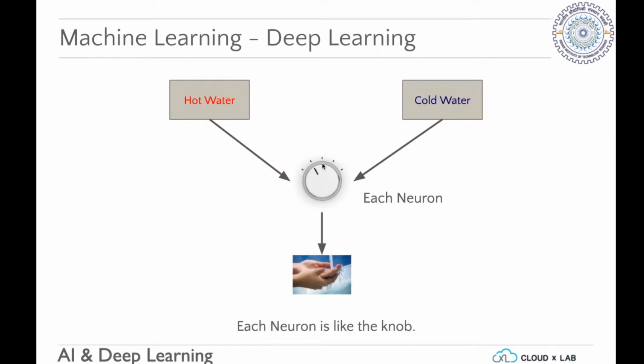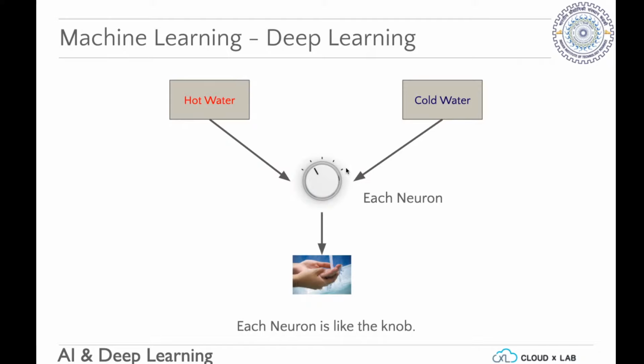You enter a hotel room you have never been into. You will come and you will put the knob exactly in the middle, and you will see what the combination of hot and cold water is giving you. So you know internally that this is the temperature you are comfortable with. So you know the right temperature. And if the temperature is too hot, what would you do? You would move this towards cold. Now if the temperature was way too hot, what would you do? You would move it faster towards cold water.